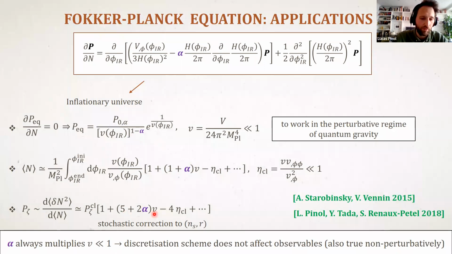But actually, if we are very clear, you see that the alpha here always multiplies V itself, which is a dimensionless parameter that must be very, very small. This is in order to be very far from the regime of quantum gravity, where we would have fields that are trans-Planckian, and we don't want this. So the extremely small correction added by alpha is completely negligible here. At the level of single field inflation, like here, it is completely irrelevant for the physical predictions.